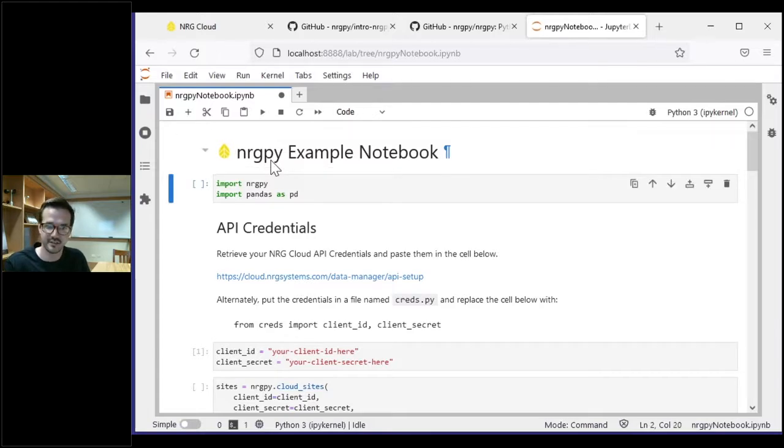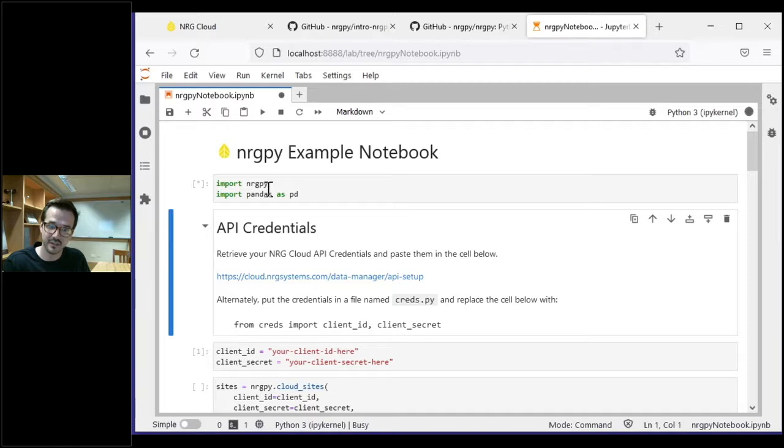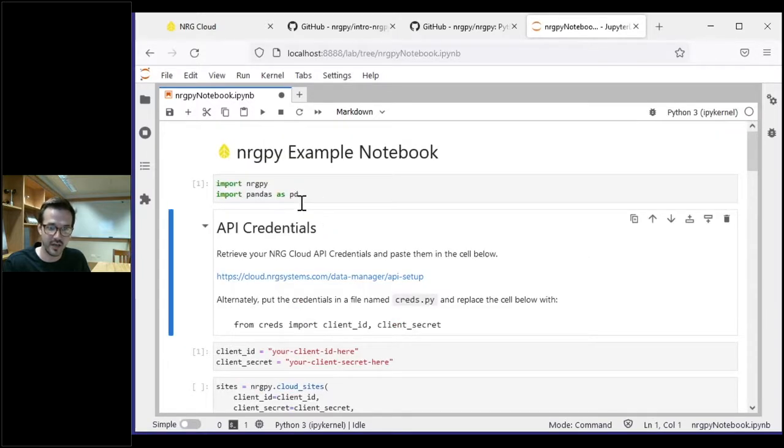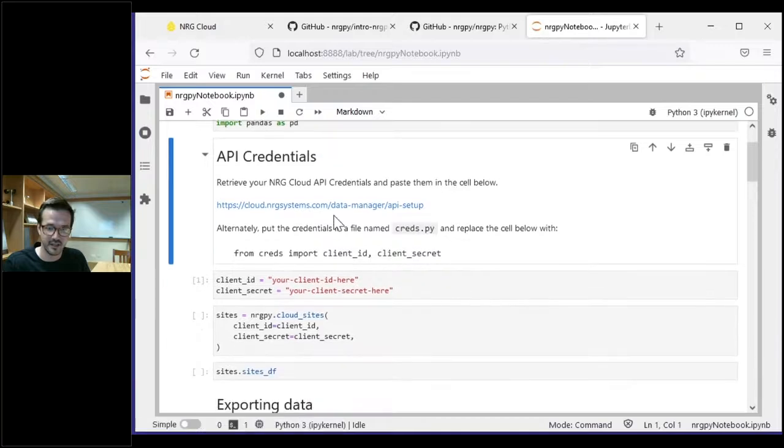The next cell here has some brackets on either side. This is a code cell. I can run it with Shift Enter, and it'll kick me down to the next cell. You should see this little asterisk turn into a 1. So I've imported NRGpy, I've imported pandas, and now I can move on to this next section where it's telling